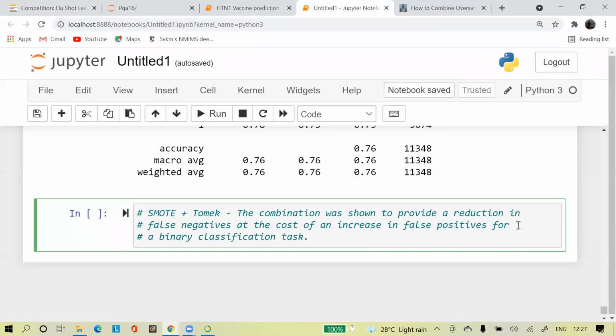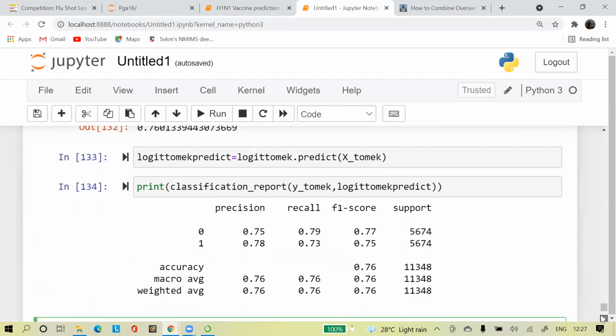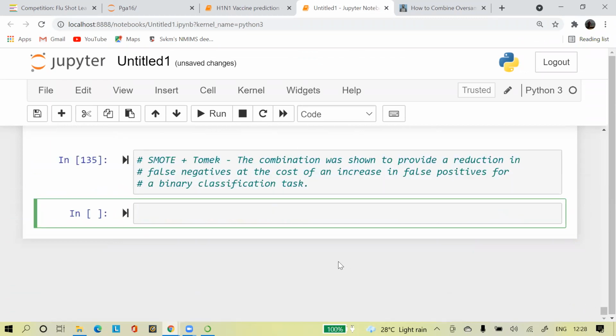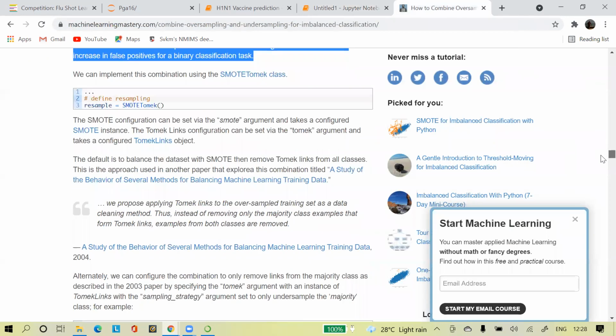So here, the combination was shown to provide a reduction in false negatives at the cost of an increase in false positives for a binary classification task. If you are looking at these various things, we also need to look at the confusion matrix in detail. That way it will help you. SMOTE plus Tomek will reduce the false negatives at the expense of false positives. Similarly, if you look at